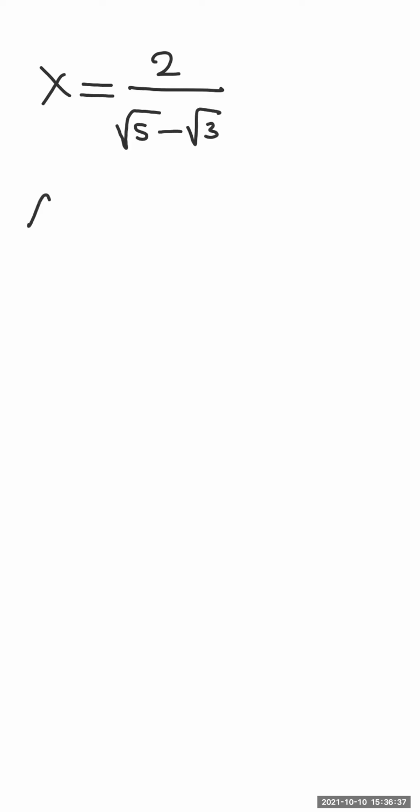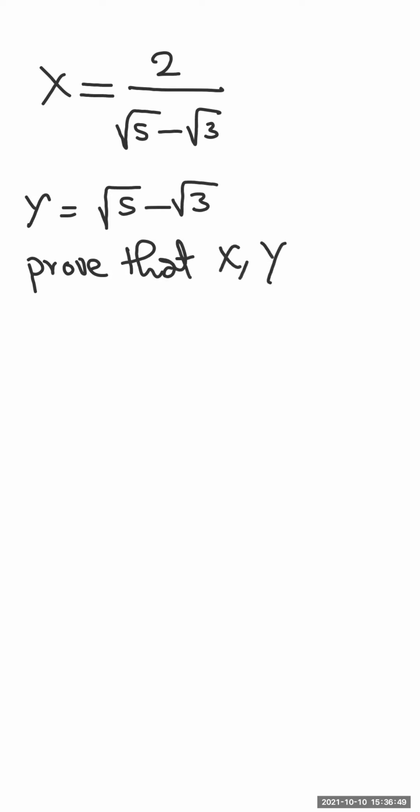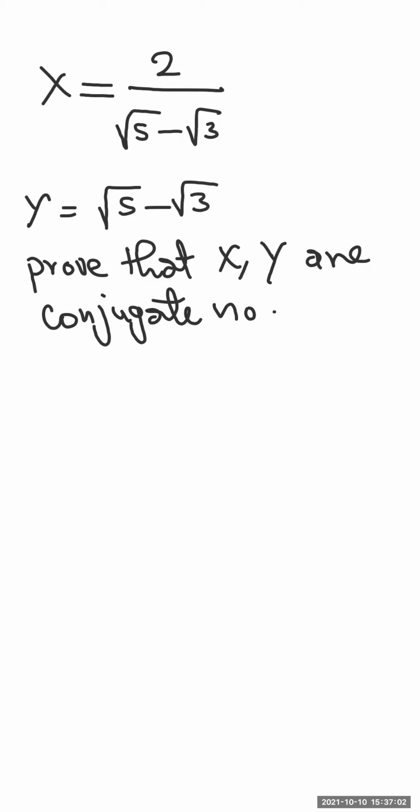The next question. If x equals 2 over the square root of 5 minus the square root of 3, and y equals the square root of 5 minus the square root of 3, prove that x and y are conjugate numbers. And then find